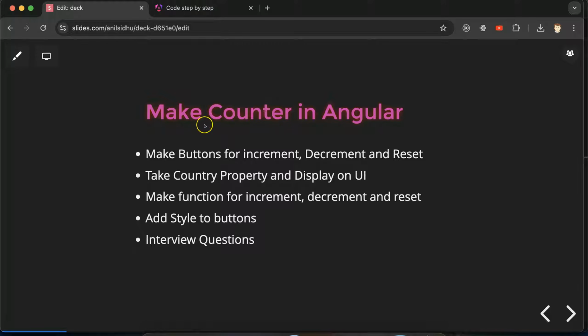Hi everyone. Now we will learn how we can make a counter app in Angular. That will be a small application, but we will learn lots of things here. For example, we'll learn how we can reuse a function, how we can put conditions inside a function, how we can update the values of properties and display that updated values on the UI, and lots of other things also, right? So first let me show you the demo so that you will get idea what we will make in